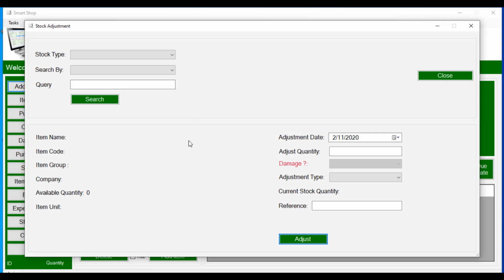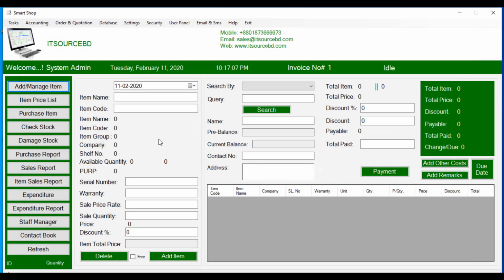You can also minus some product from your stock if you need. Then you have to select stock out. Okay, and suppose I will purchase 10 quantity Samsung smartphone that is not in my stock. I have to stock in. Okay, before that